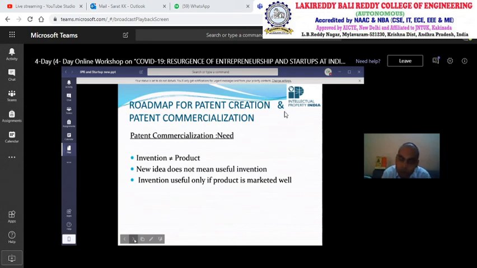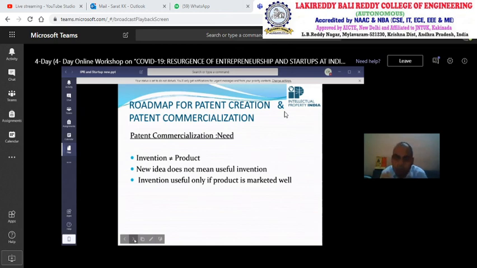So incubation is a must for getting your prototype to product and into the market. Any invention is not valuable until and unless it steps into the market and gets money to you. So when you get your product into the market and get the money from the product, then you can say that your product is commercialized on a large scale.